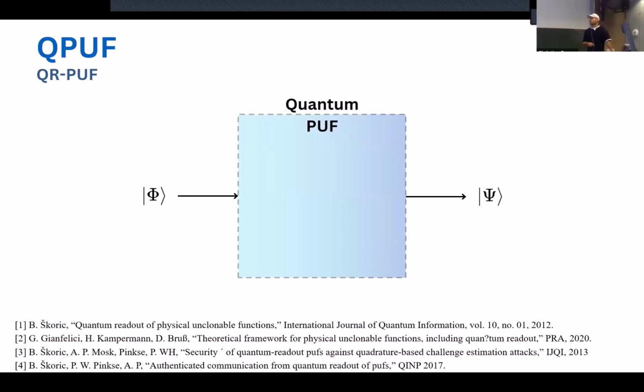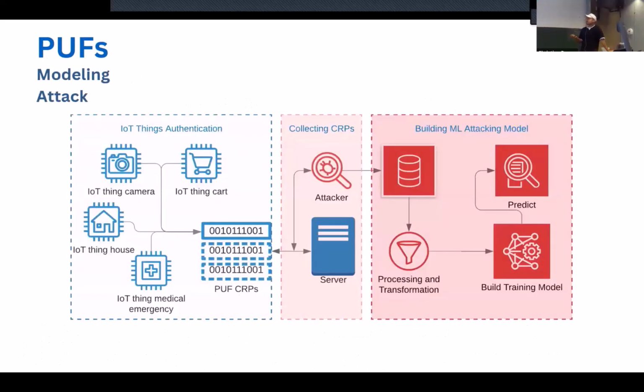Okay, now for quantum PUF, I will go through some of the models of how quantum PUFs have been proposed so far. The first and most common quantum PUF is QR PUF, also called quantum readout PUF. In this case, we assume the challenge, or the input state, to be a quantum state, and the output state is also a quantum state. Since the input and output states are quantum states, it is protected by the no-cloning theorem. So the challenge-response profile that the eavesdropper wanted to build in this kind of attack is not possible because of the no-cloning theorem.